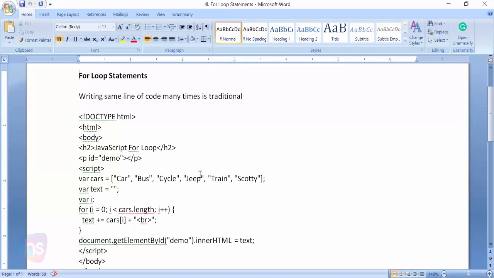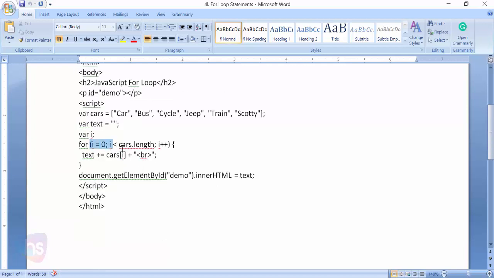A for loop is a loop like we discussed in our previous lecture on the while loop, how it iterates and prints the lines. A for loop is also useful to continue the loop statements while the condition is true, once we have initiated the condition. The structure is like this: see here, the initial value is there, the initial counter we can say. The second one should be a condition, which is going to be satisfied. And then a pre-increment or post-increment, as you wish, to put the increment of your counter.